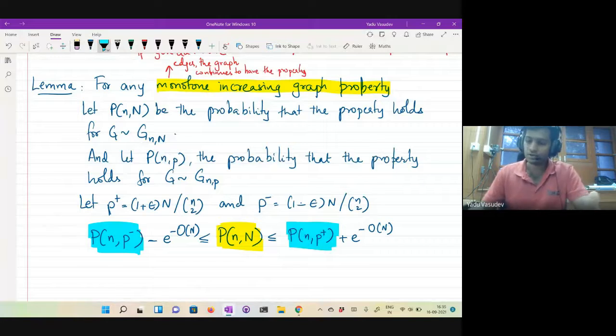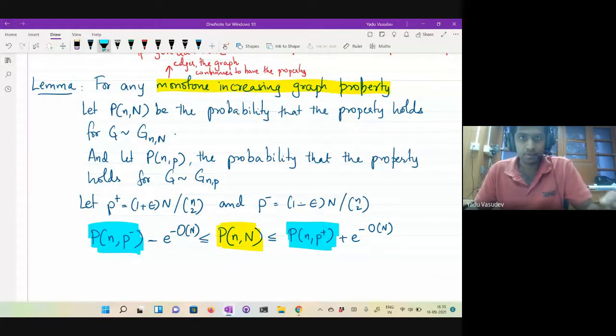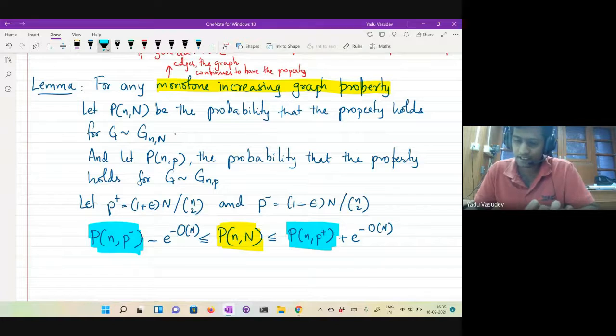What I want is P(n, N), whereas it's easier for me to study P(n, p minus). And this lemma is saying that that is sufficient. If you can prove it for P(n, p minus) or P(n, p plus), that is sufficient to bound P(n, N), just like in the case of balls and bins and the Poisson approximation, right? So we'll not see a proof of this right now. Okay, let's take this for granted now.